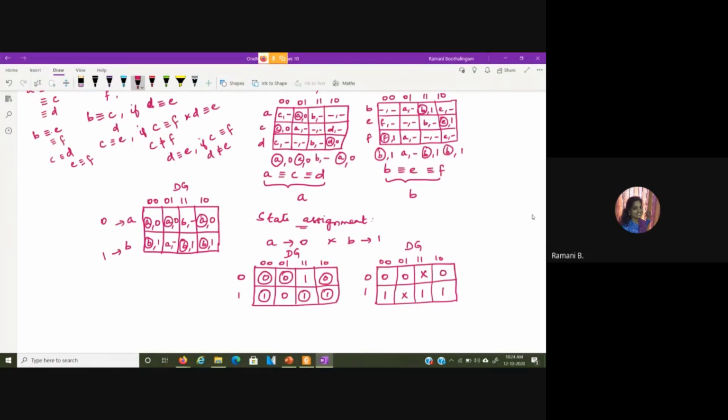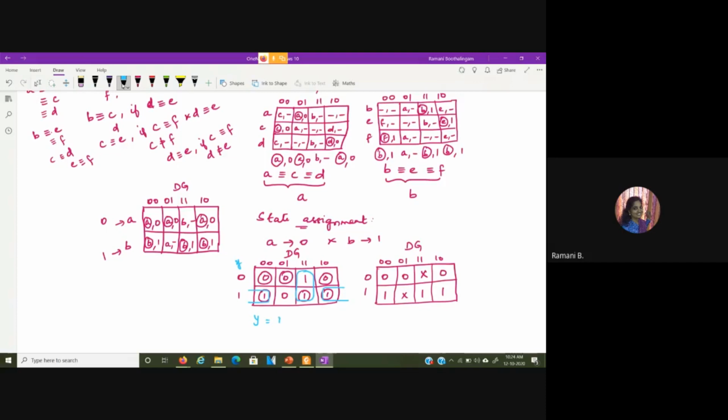So from this, you can give the expression. Capital Y can be given as, so this can be considered as the secondary variable, small y.